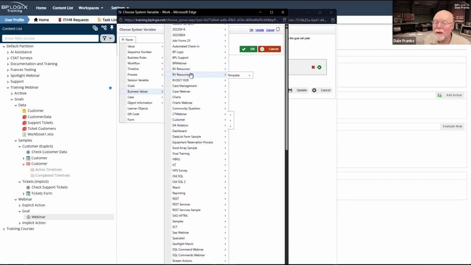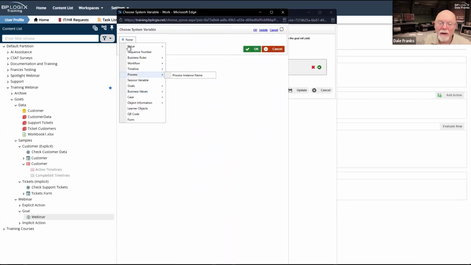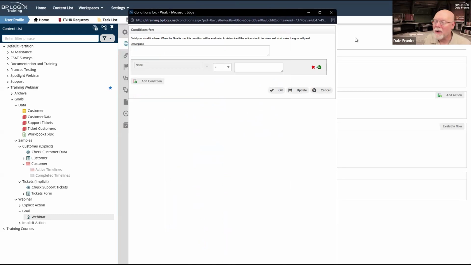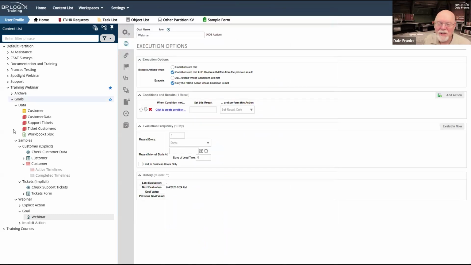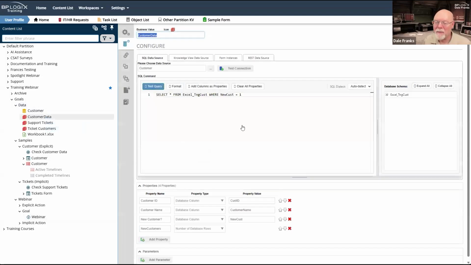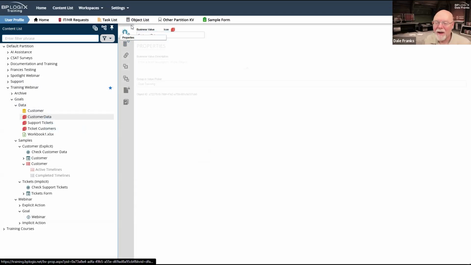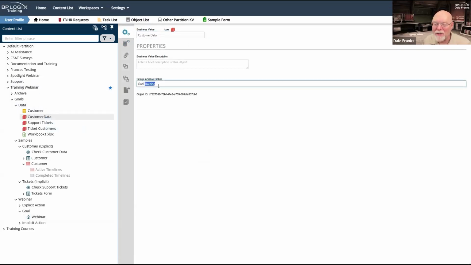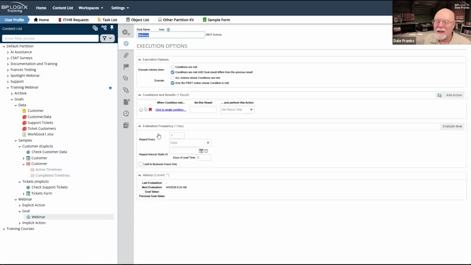Okay. I really needed to check what my group and value picker was. Okay, I was looking for goal and I didn't see that. I thought it was goal. Why didn't I see that?